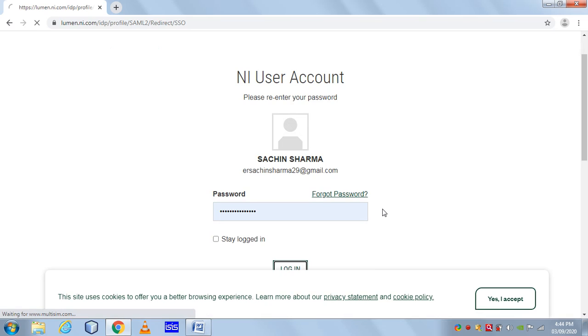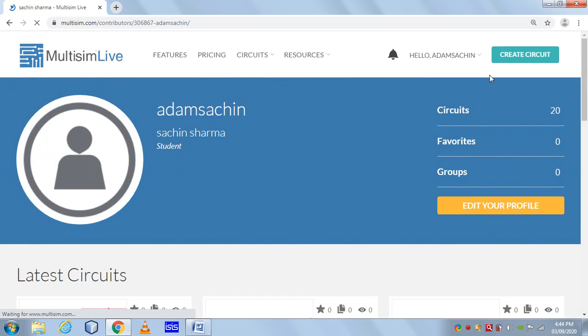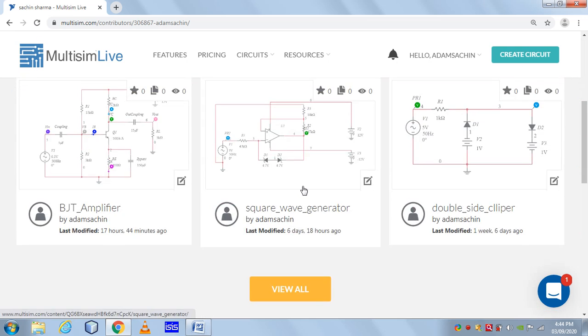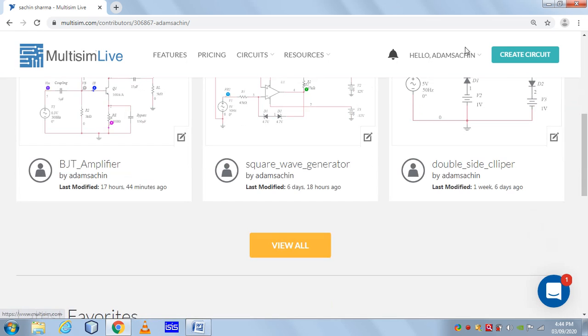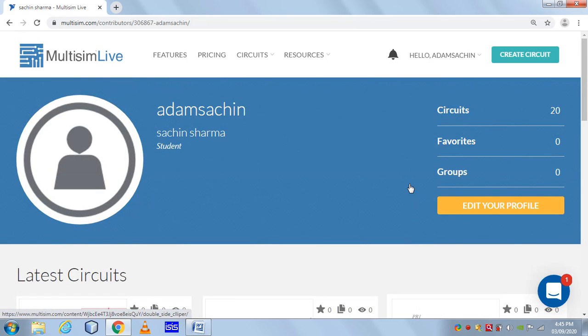Today I am going to brief you on basic circuits, like current and voltage, and how to measure them across the circuit with a DC voltage source. I have also briefed about the dashboard, where you can see what activities are going on. Resources and pricing are also there, if you want to take the paid version of Multisim. Today I will create one basic circuit for you.